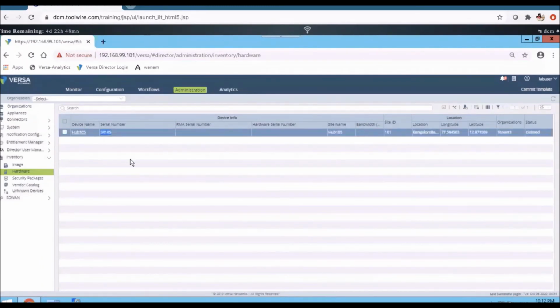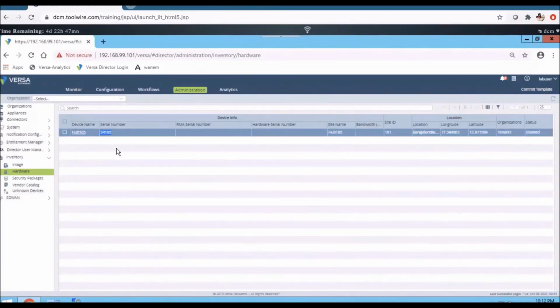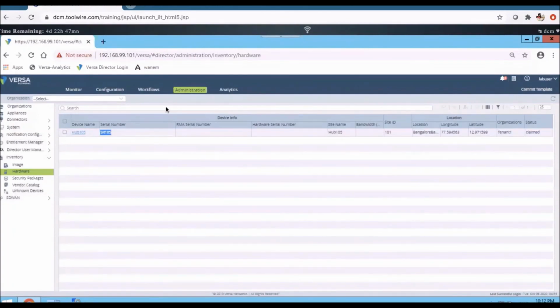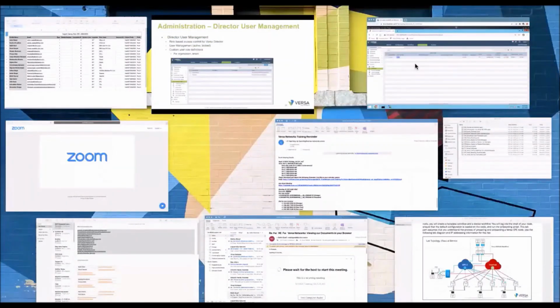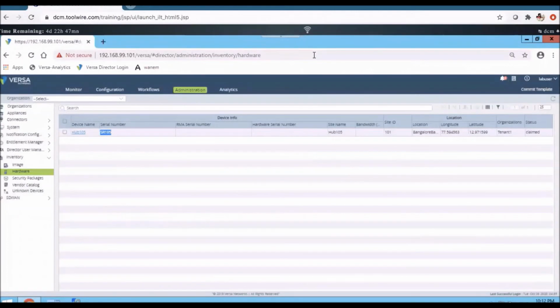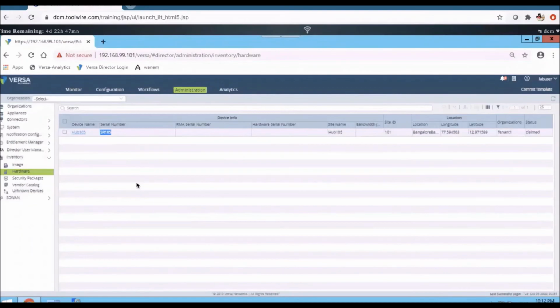Just hold on. What is the significance of the serial number? Yesterday we had a discussion about the staging part, and under the staging we discussed this serial number information. Now we covered the director user. Hari, if we are replacing the device, then the host name should be the same, right? The host name will be the same, only the serial number will get replaced, and it will automatically catch the configuration. The entire thing, whatever is available for this branch, will be onboarded to the new device.